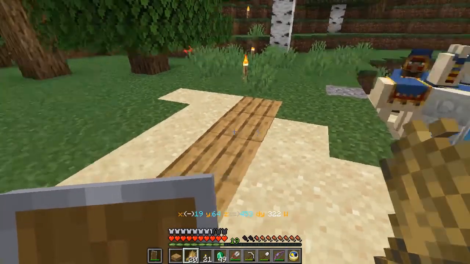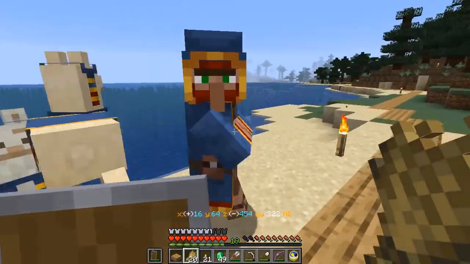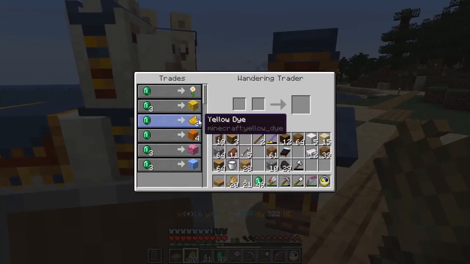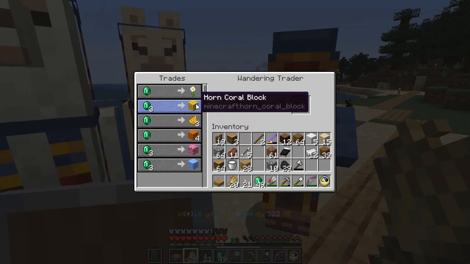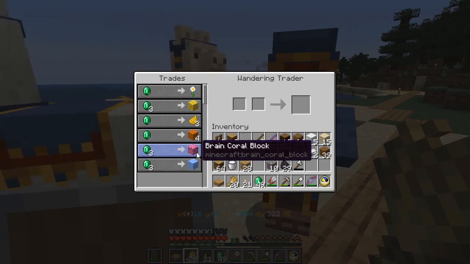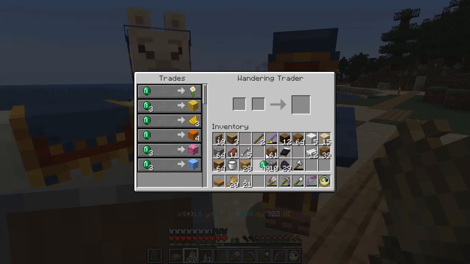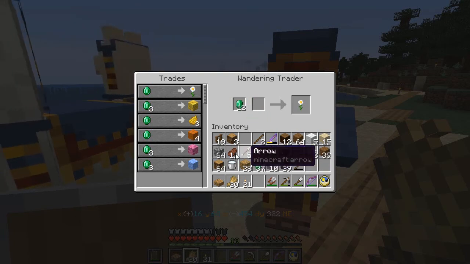If you recall, when I was lighting up the village, I was wanting to speak with a trader who had a trade for some coral. We have a choice between horn coral and brain coral. I think I'll prefer the brain coral, so I'll get some of that. 8, 9, 10, 11, 12. Let's try...